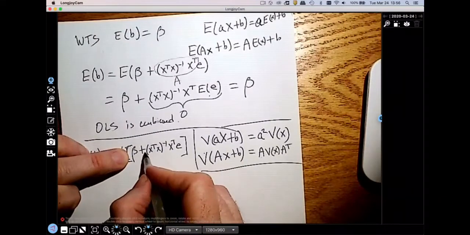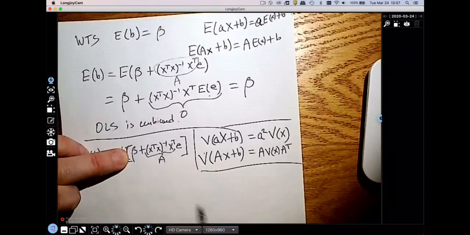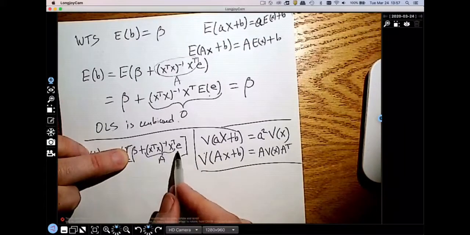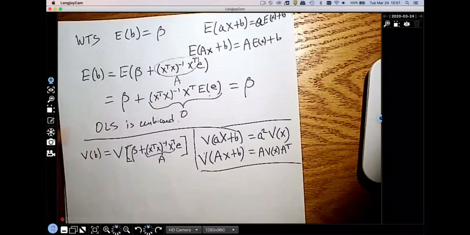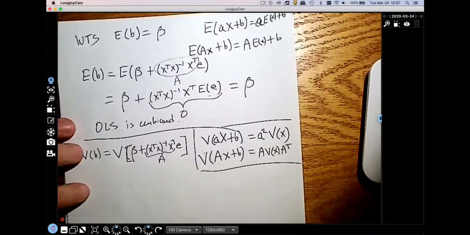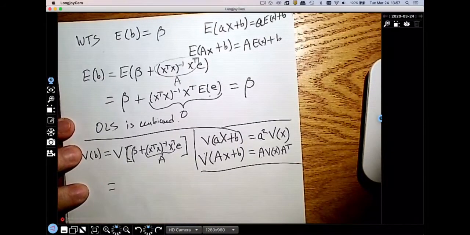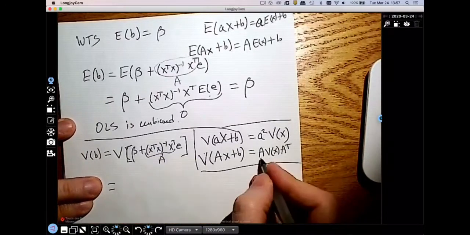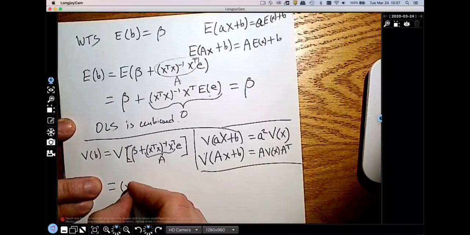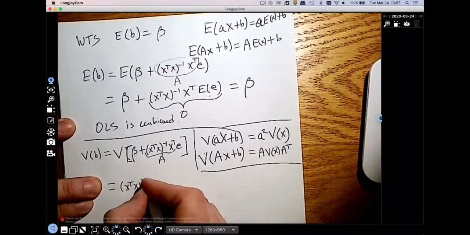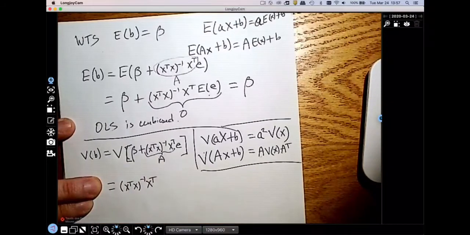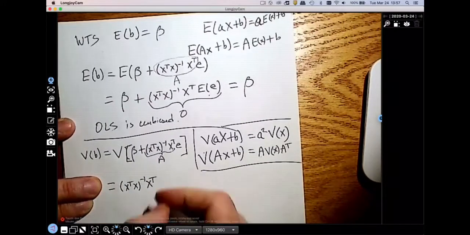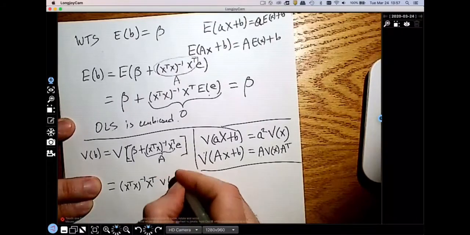And this whole thing, again, is like that big A matrix. And then the errors are the random variables here. So let's go find this. This would be equal to just the A matrix. So the A matrix here is going to be X transpose X inverse X transpose times the variance of E